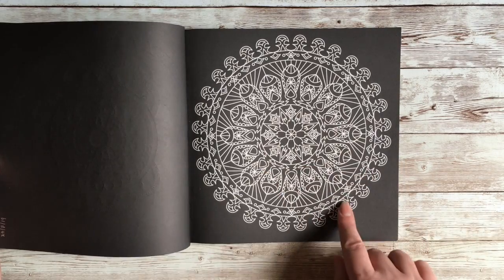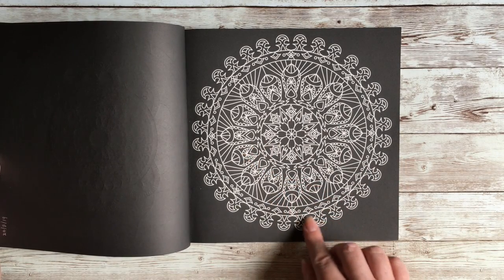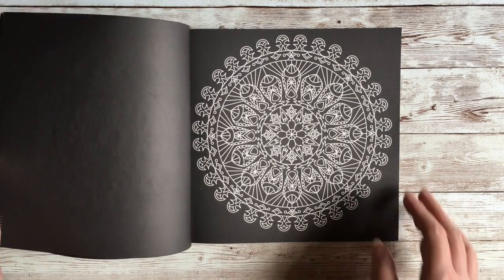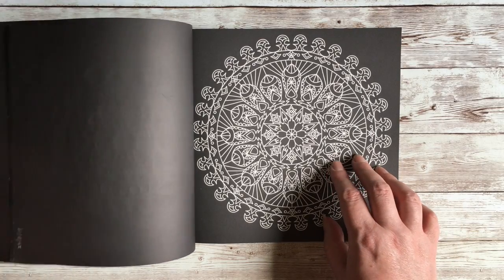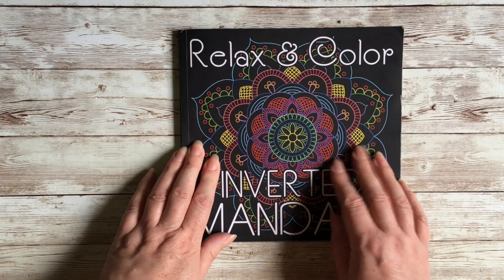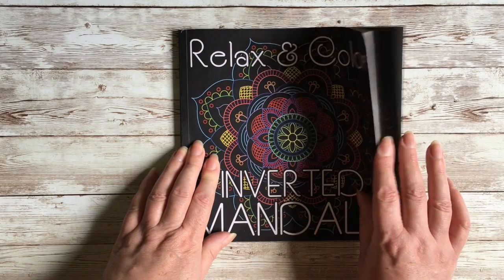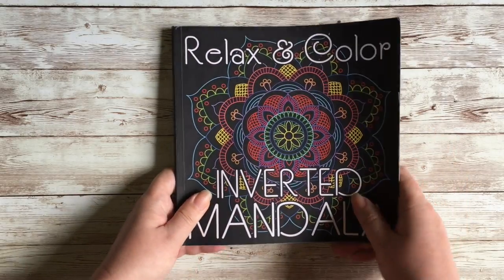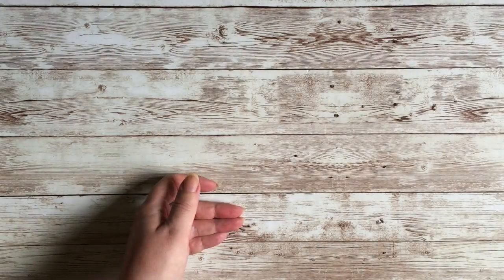I mean, even the complicated ones, these are still just lines basically. It's not like you're having to colour in the whole thing. So yeah, I really enjoy this book. This was the first Sunlife book that I ever got, and I still really enjoy it. It's probably going to be the first book I ever finish, to be honest, because it's a nice book to chill out with. Yeah. So next,